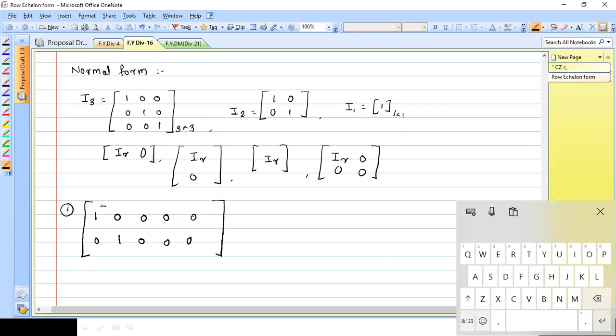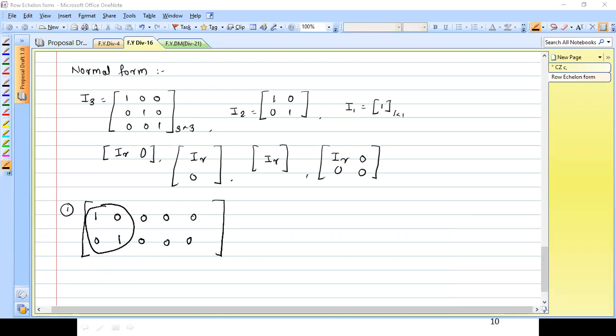So if I have such a matrix, what is the rank of that particular matrix, that normal form? Sir, 2. Yes, 2. Why 2? Because we have here I2. Am I correct? Okay, clean and clear. Everyone understand that? What is the order of the null matrix? Doesn't matter. The interesting thing is you should have I_r. So if my normal form comes in that particular form, that is nothing but type 1 form, then the order of the identity matrix is nothing but the rank.